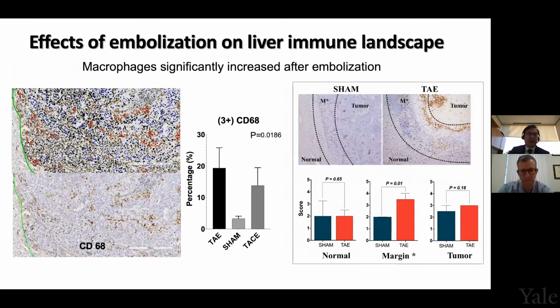Since macrophages are probably one of the largest families of cells seen after embolization, we studied those. CD68 is a pan macrophage marker, which just means that it looks at all macrophages. There are different macrophages, and it looks at all of them together. As you can see here, as you would expect, after embolization you get an influx of macrophages, and this is what we're trying to show on this other slide. It's mostly concentrated in the peritumoral region. So doing embolization with drug or without drug, you're attracting macrophages.